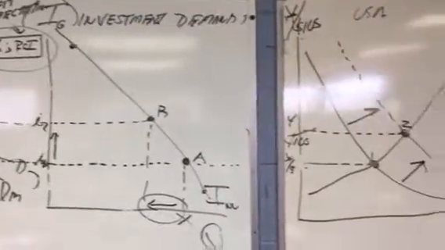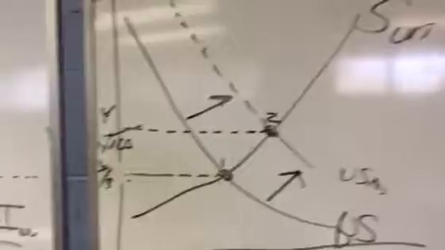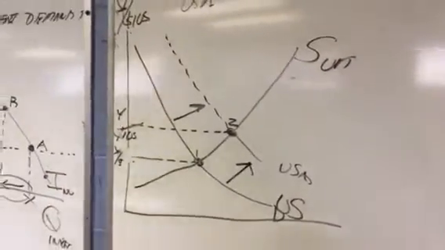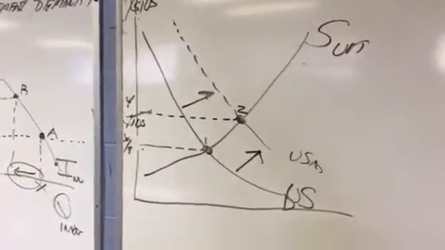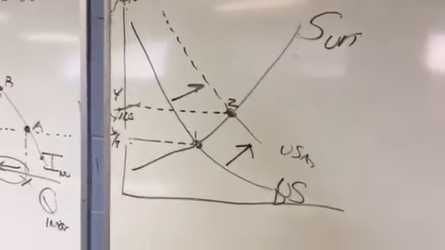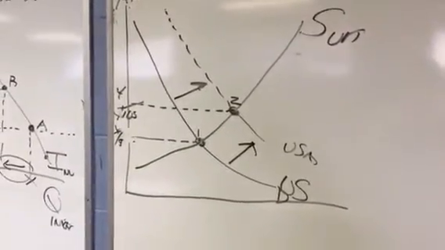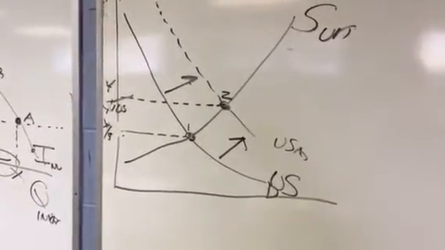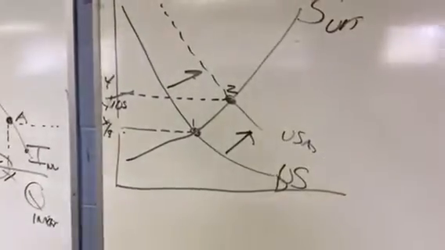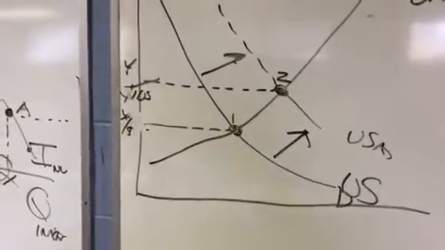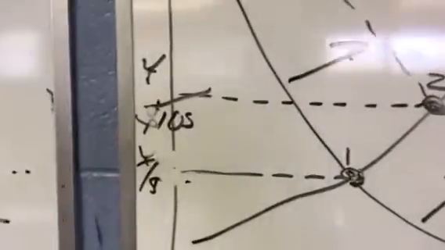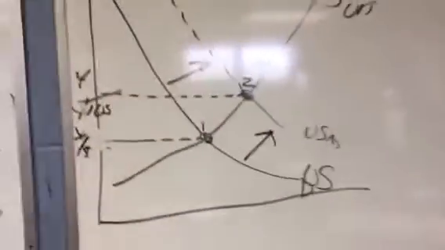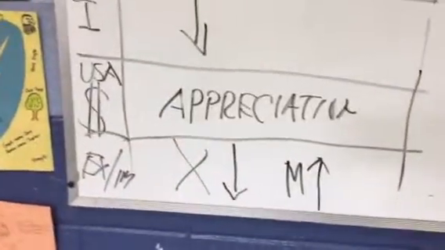How does an expansionary fiscal policy affect the international value of the dollar? Well, if there's an increase in spending in the United States, there's going to be an increase in demand for the US dollar. If we trade with Japan, that means the dollar value in terms of the yen is going to appreciate. It's going to be a stronger currency, meaning it's going to take more yen to buy one US dollar. What impact does that appreciating currency that was caused by the expansionary fiscal policy have on exports and imports?